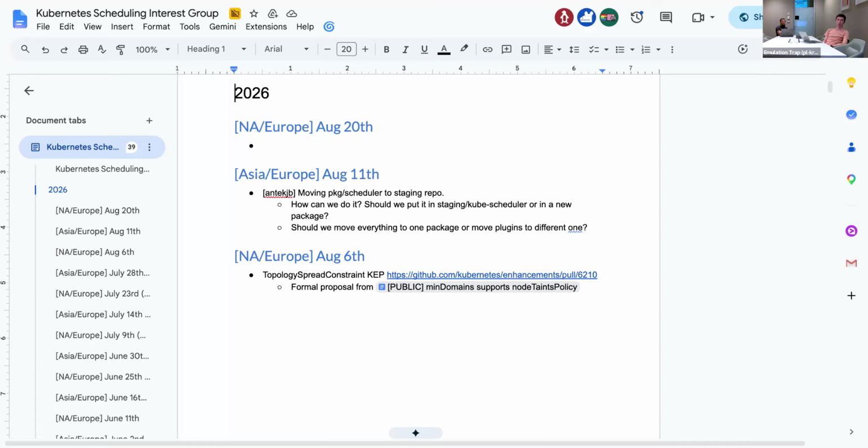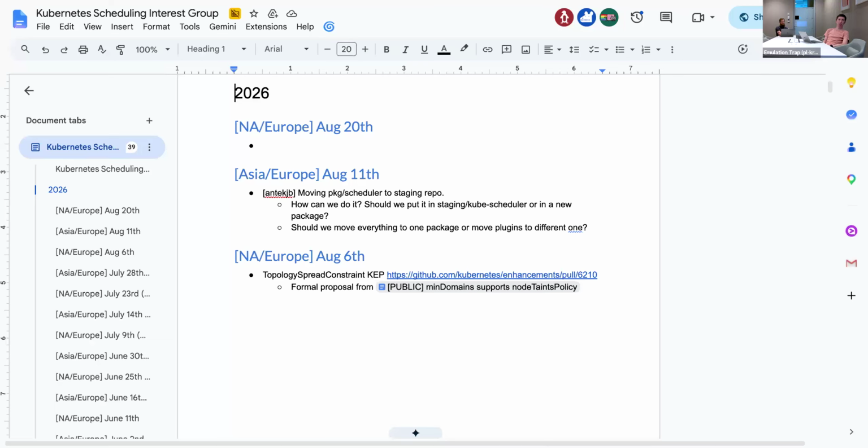Because in fact, we can remove these interfaces from staging once we move the code, right? So it depends if it will be easy to remove them in the moving PR, or if we should maintain for a short period of time the package with the interfaces aside of the package with the scheduler code.